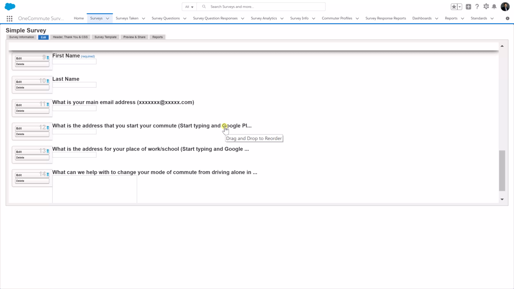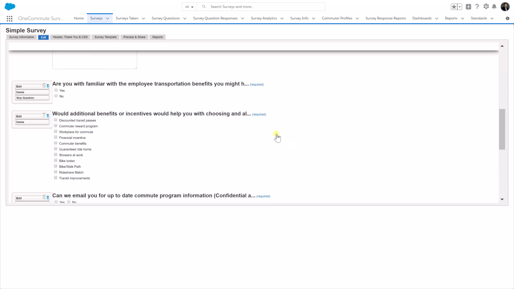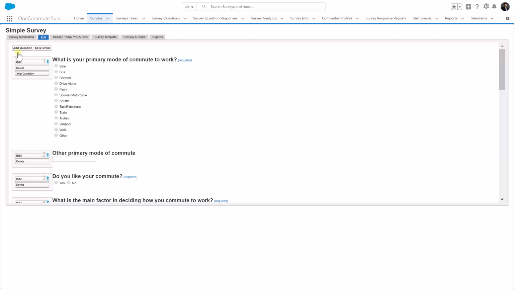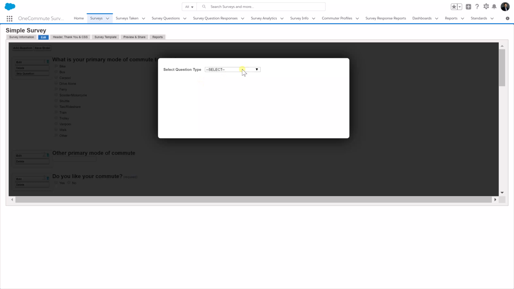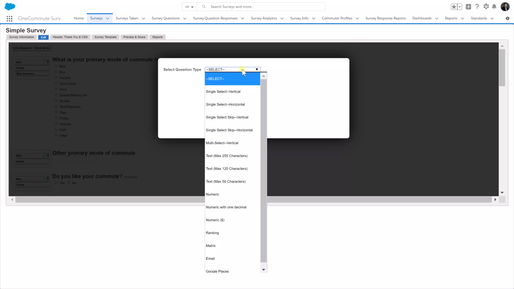Once we capture some of that information, we can then start predicting what type of commuter we have. We're going to add one more question in here because we'd like to know if they give us that information. I'd like to ask the question, if you didn't drive alone, what? We're going to put in a single select